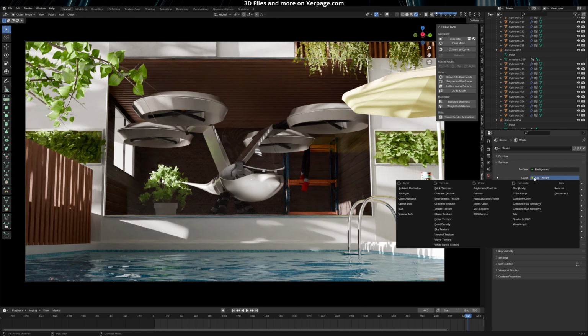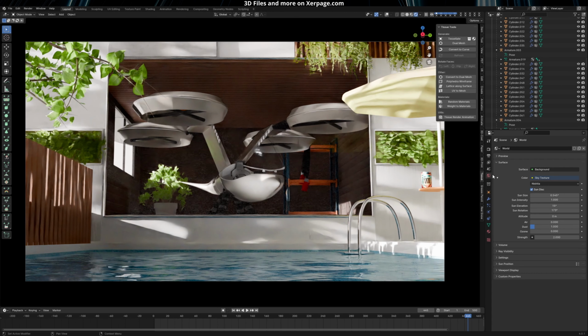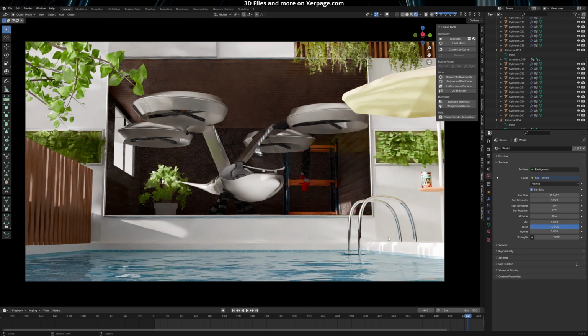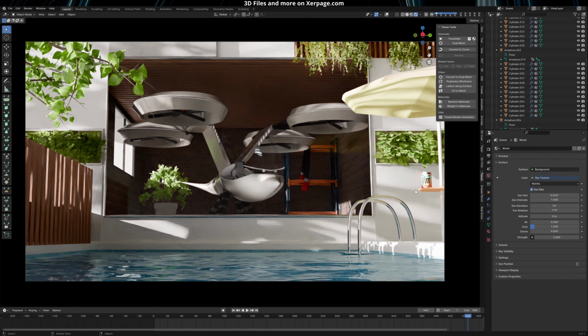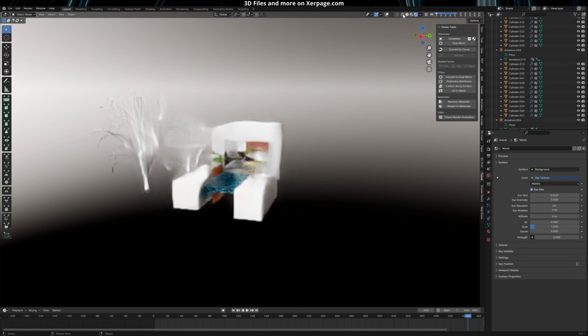I've used a sky texture that you can find in the world properties. I set the air and the ozone to 0 and the dust to 1. That's because the dust controls the intensity of the shadows. So if I put the dust to 10, I will lose the details of the different shadows. The strength is set to 2, and that's because in order to create the actual shadows, I used 2 simple